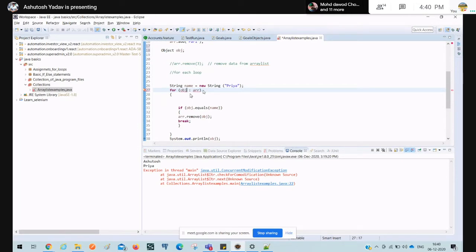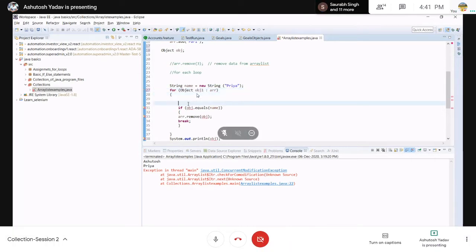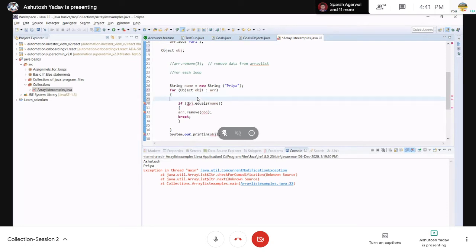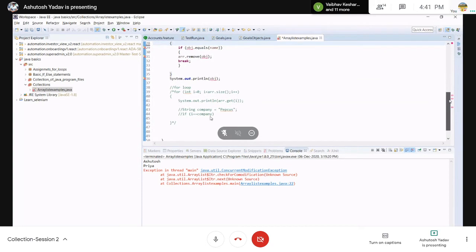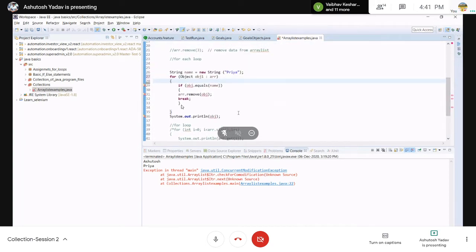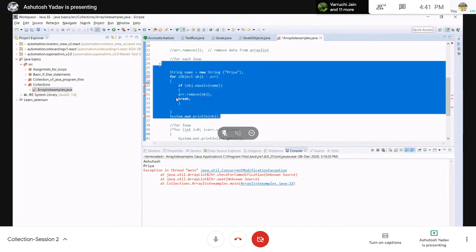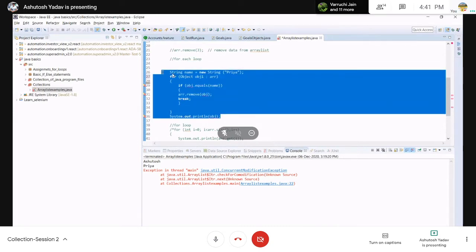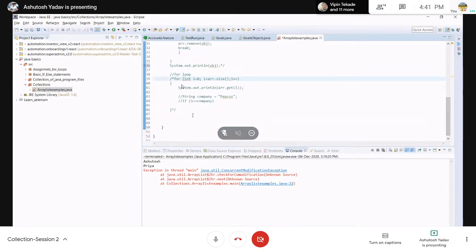It's not working, so write the full one. Then you should go for loop, right? I have also tried with for loop. Comment all this. I will do it after this session with this loop also, but first come here inside this.